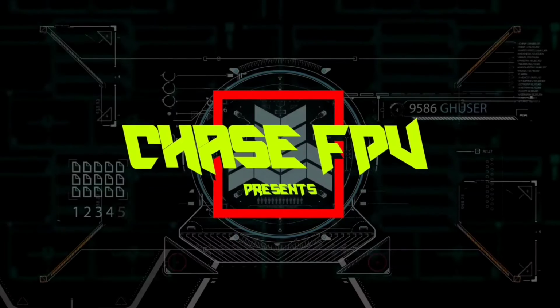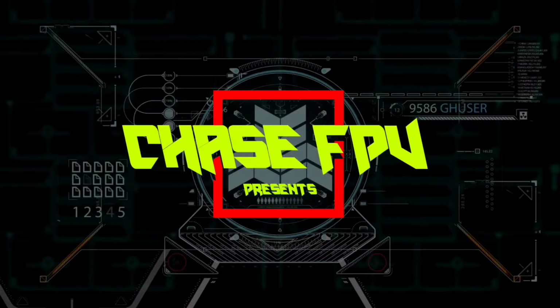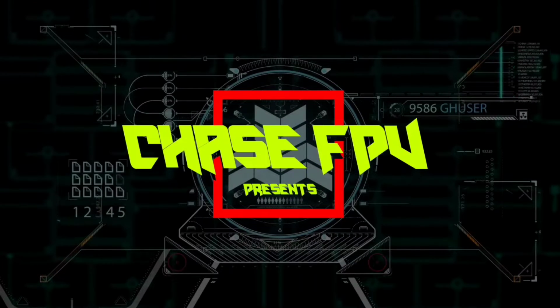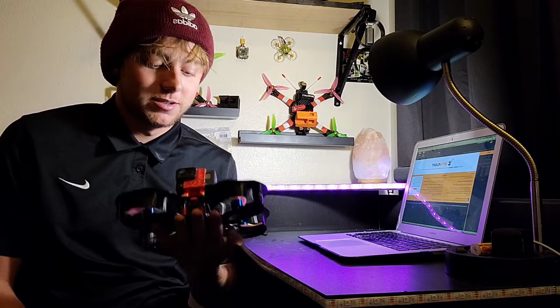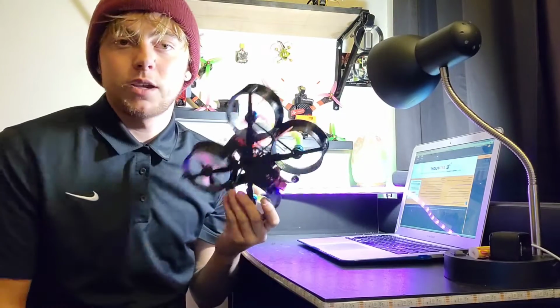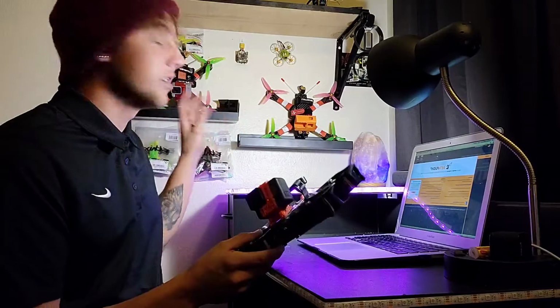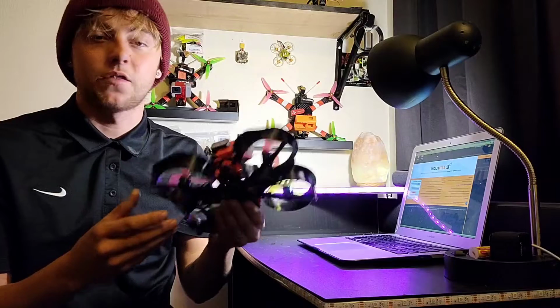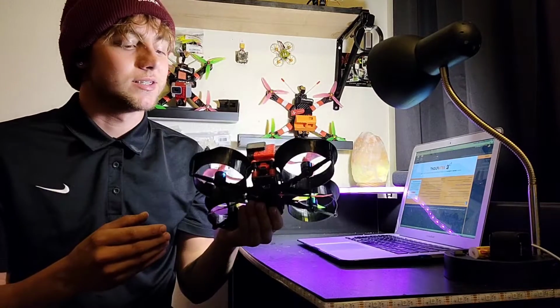I have found a new obsession, and that is gonna be with the Cinawhoop. I picked this up maybe about a week ago, got it all together, changed some stuff out. To be honest, I haven't even touched any of the 5-inch quads, just because I, for some reason, have found a bonding with this. Now, I usually don't make videos like this, so I do want to keep it simple,